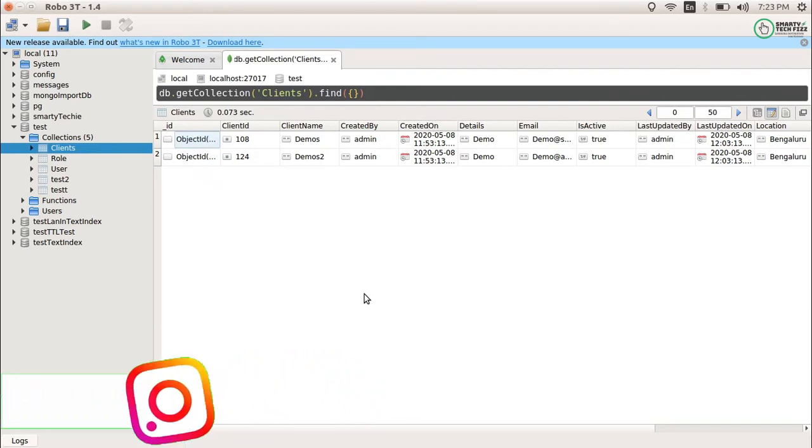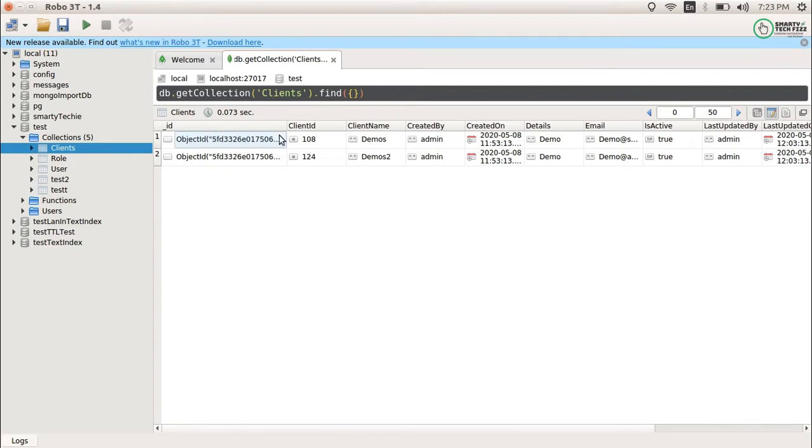MongoDB. Today we will talk about the topic of how to avoid duplicate entries in MongoDB. See, we have a primary key on the ID field. As you can see, this is the ID field. We have a primary key on that. MongoDB doesn't allow any duplication of the underscore ID field.